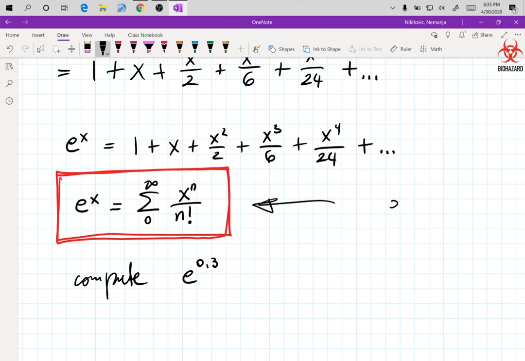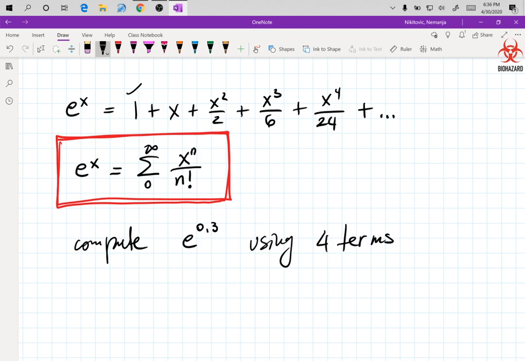If you want to calculate e to 7.1 without a calculator, you have to come up with the formula centered at a equals 7, which means that this x on top will have x minus 7 in it. You have to be careful about those things. It's not a free lunch that replaces everything you ever learned. Use it responsibly. So if I want to compute this using 4 terms,